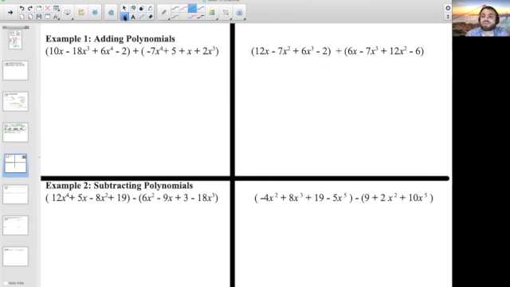So for adding, adding and subtracting is more or less combining like terms. There are a couple tricks to it, and we'll talk about that. In method 1, I'm going to start by rewriting these in standard form, so I'm going to go from biggest power of x to smallest. So the first one we rewrite as 6x to the 4th minus 18x cubed plus 10x minus 2. And the second one I will keep in parentheses: minus 7x to the 4th plus